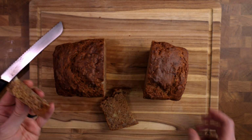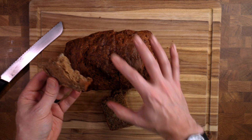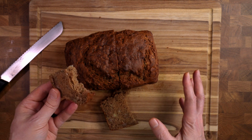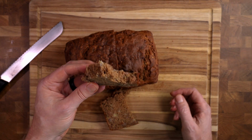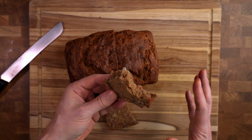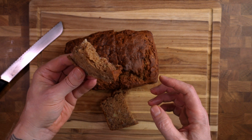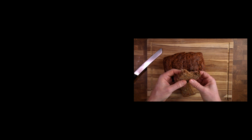Ways to store this. I do not ever put bread in the refrigerator. Wrap it up in parchment paper and plastic wrap, and you can keep it on the counter for several days before it starts to go stale. I usually toss them in the microwave for about 10 seconds per slice just to heat it up a little bit. You can freeze these as well, and then just leave it sitting out to defrost for a little while, usually a couple hours, several hours maybe, and then it's as good as the day you made it. But these don't usually last long enough to get